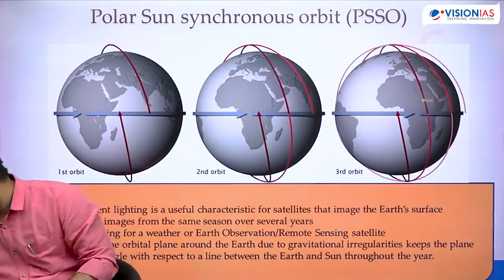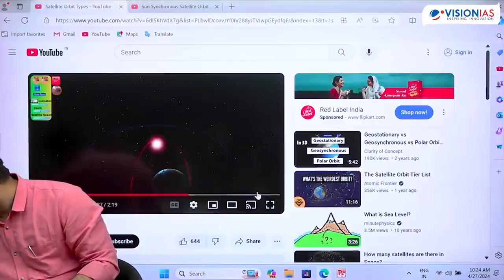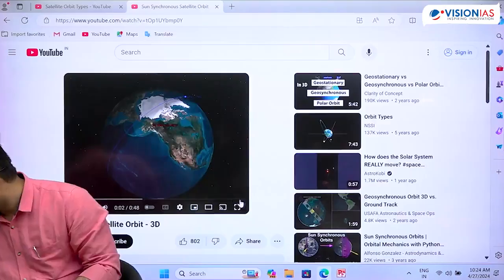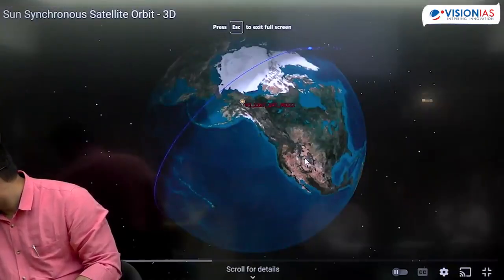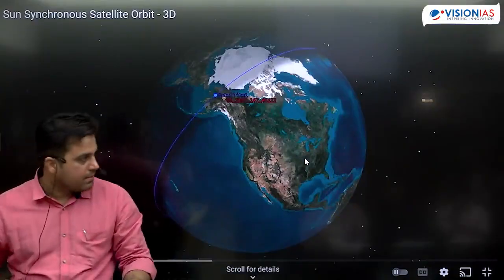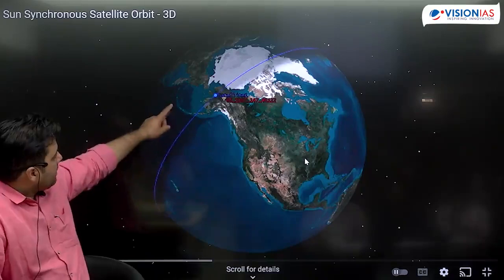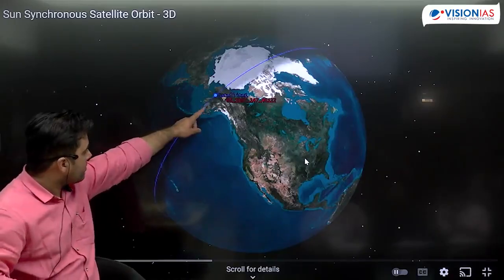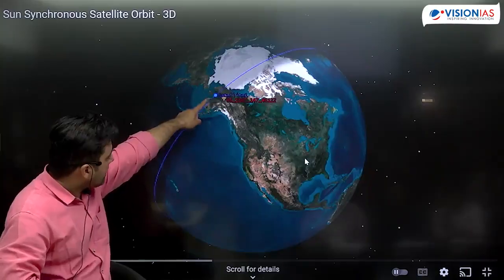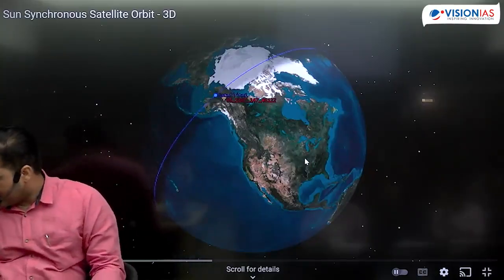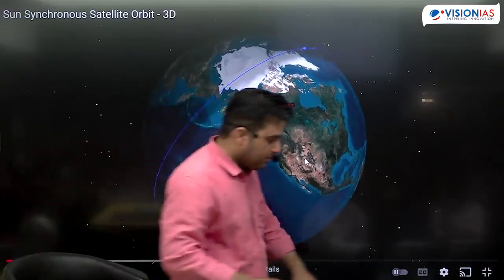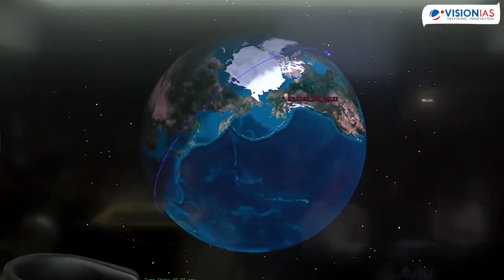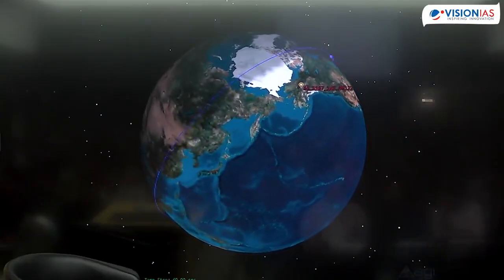I can show you an animation of sun synchronous orbit. I was able to find a good video for it. In this particular animation, the satellite is crossing somewhere in North America at a particular point, and this is a sun synchronous orbit. So that yellow point and that blue one is the satellite. And as it completes multiple orbits around Earth, the orbit in itself is changing. But when next time it reaches again the same point somewhere in Alaska in North America,